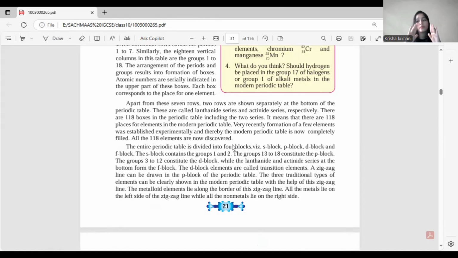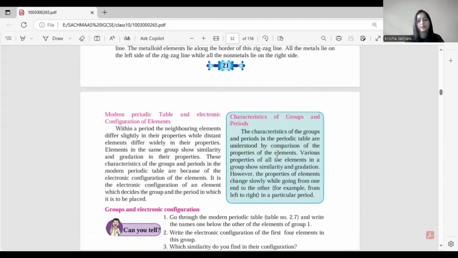So remember this: where does it belong? There is a chance that they will give you Zn and ask which block it belongs to. So you should know it is a transition element. It belongs to transition elements and it belongs to block D. So you should know where it belongs. I had actually given brief information in the bonus chapters, the bonus video. Please go and revise it once again if you're not thorough with it.